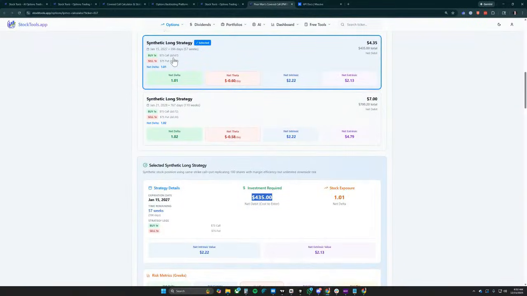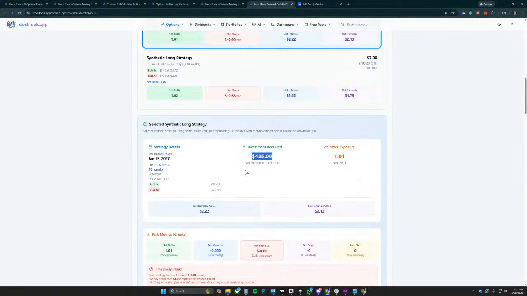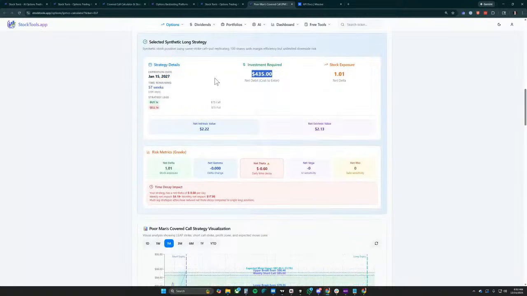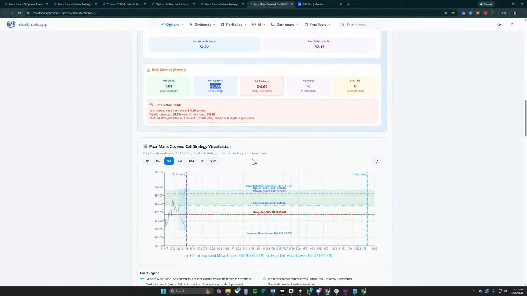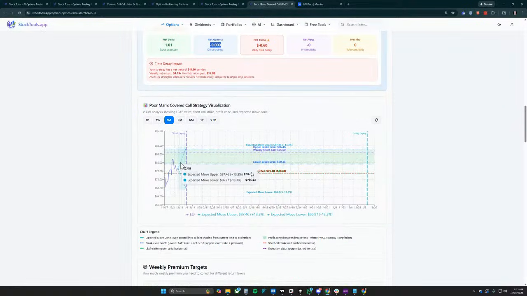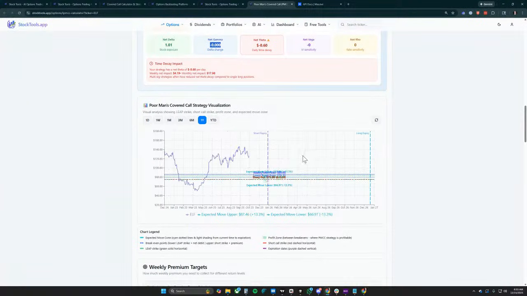Yeah. And actually, let's see, does it show it in here? So there's a January 15th, 2027, 57 weeks away. Okay. And then we can look at, actually, these are 0. That's interesting. I wonder if it's just because it's so far out or if it's because it's ELF. I put together a visualization here as well. It's hard to see because it's doing this long expiry, and when I go deeper it's all jumbled together. I need to make that look a little better.